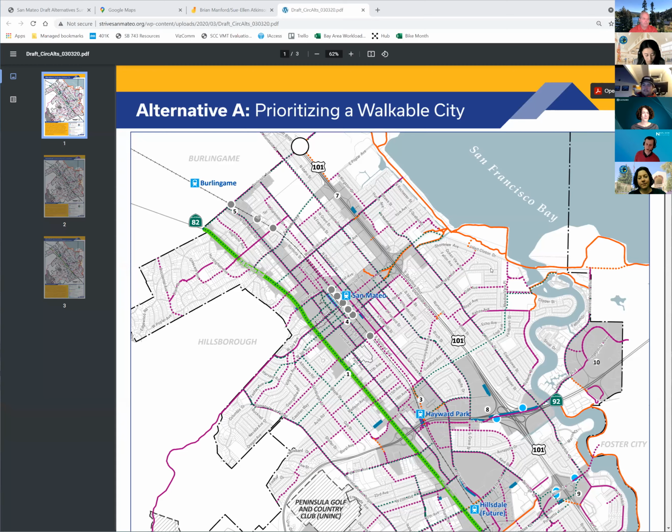Other plans are also taken into account, such as the downtown parking plan, ongoing programs like the neighborhood traffic management program, and other large ongoing projects like the gray dots, which you'll see on every alternative, which are existing at-grade crossings at Caltrain. Those are big things that have been ongoing, and we're taking them into account.